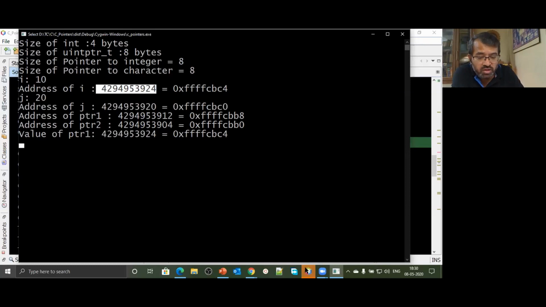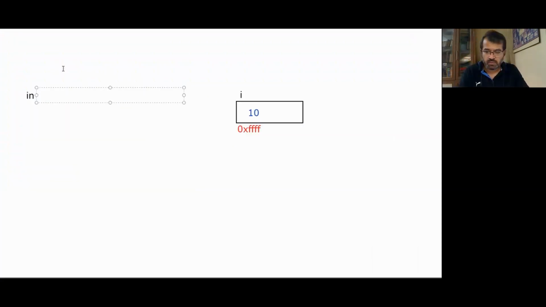So just to put it across diagrammatically, if this is the address of PTR1, let's say the address of PTR1 is 3912. Watch it, everybody. We'll just put it across with the help of a diagram. I'll just copy these statements. We had these variables and we saw the addresses.